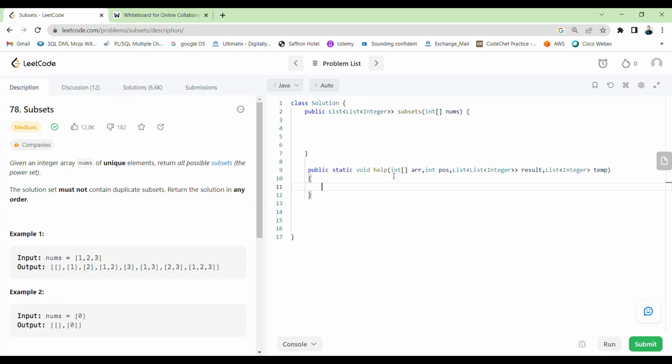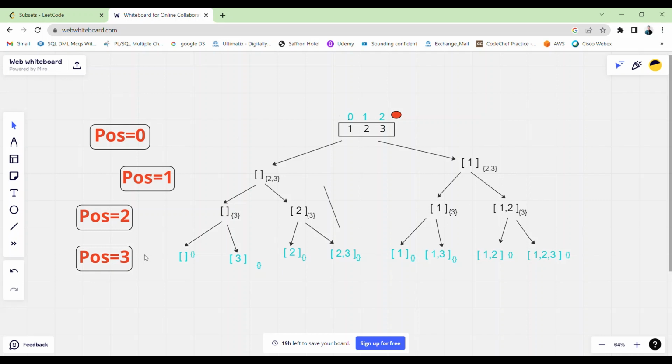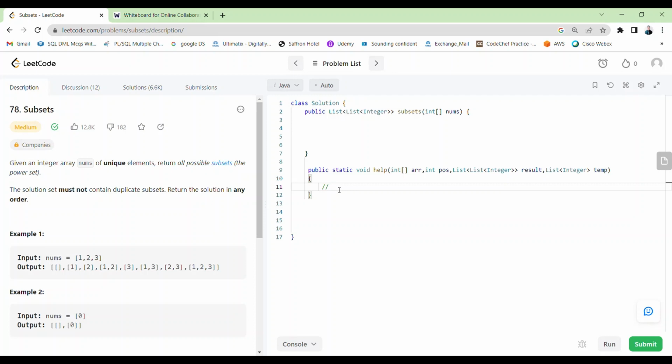So we are solving this problem using recursion. In recursion, a base case is needed. As we saw, when our position reaches the length of the array, then we have to simply return the result. So here we will be writing our base case. If our position equals array dot length, then simply